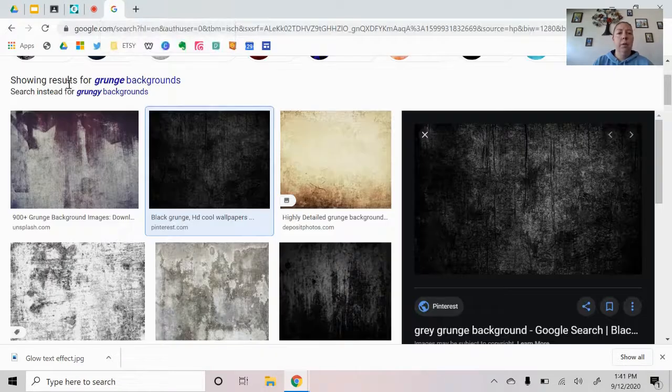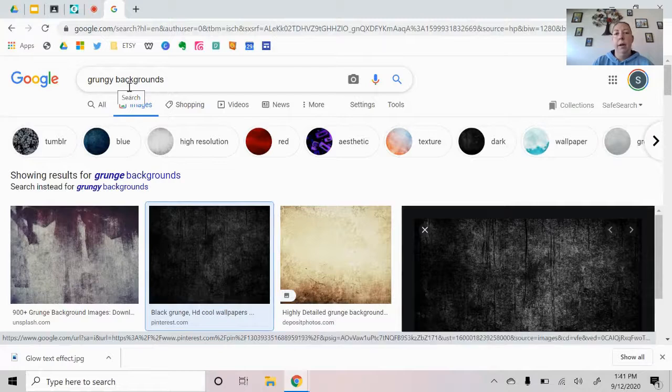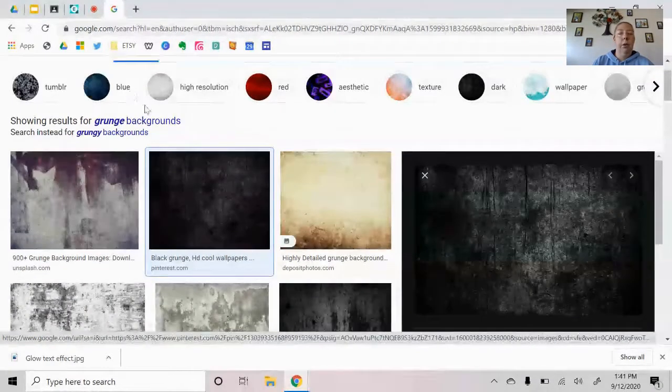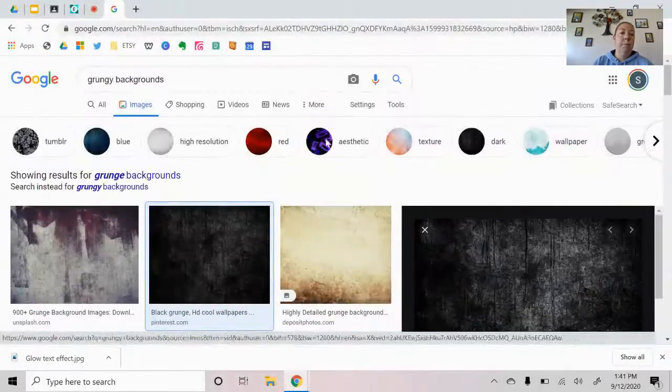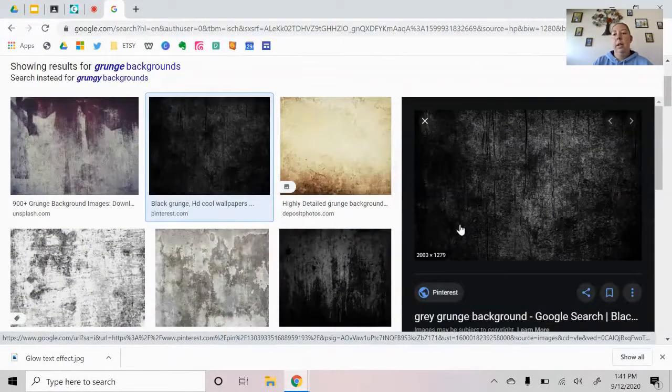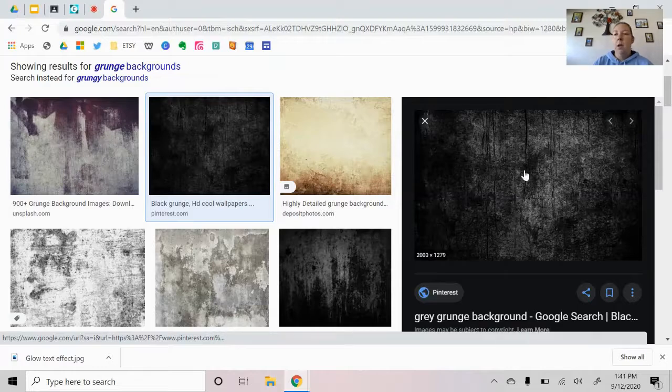First thing you're going to want to do is go into Google and look up a grungy background. Yours doesn't have to be exactly grungy, but you can look up rough background or messy background or dark messy background, because you want something that is dark, and the kind of rough texture looks kind of good with the glow effect. So I'm going to right click